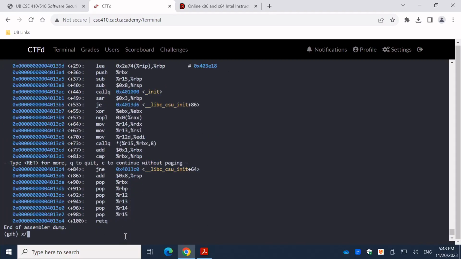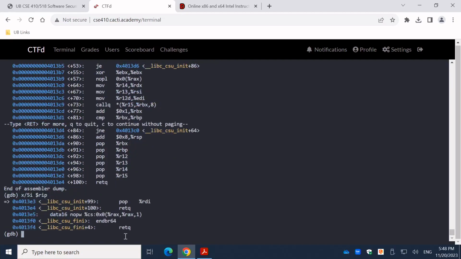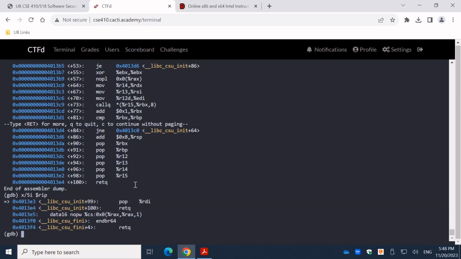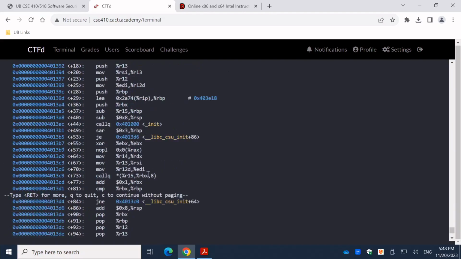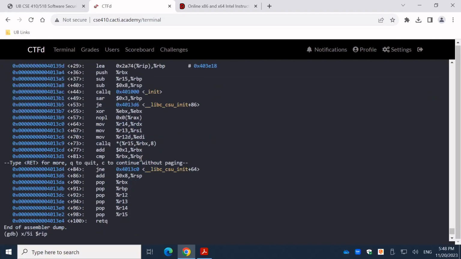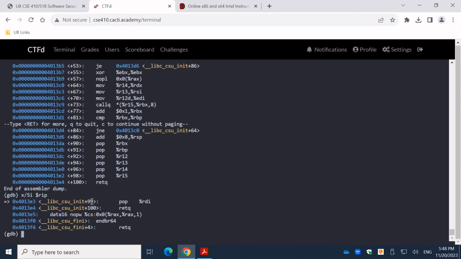So let's do an exam instruction, maybe 5 instructions from where our IP is. You can see that right now, the next instruction we're going to execute is a pop RDI instruction, and the next instruction is a return. However, if you disassemble this program, you do not find those instructions here. Do you find them here? No, right? Here we're at